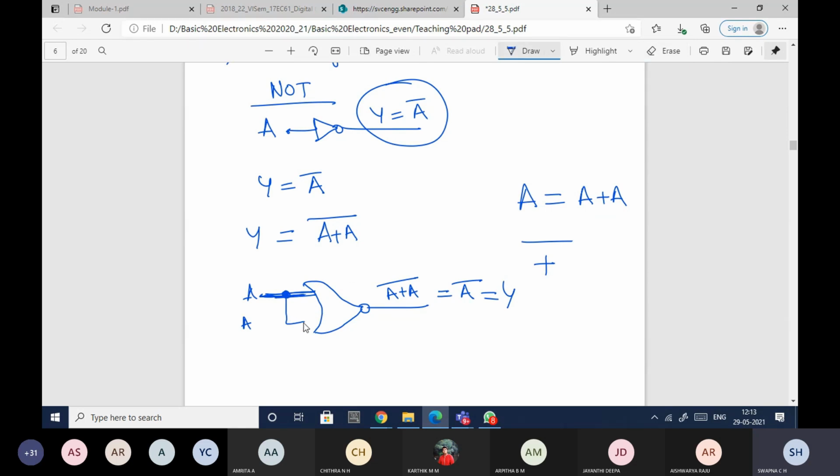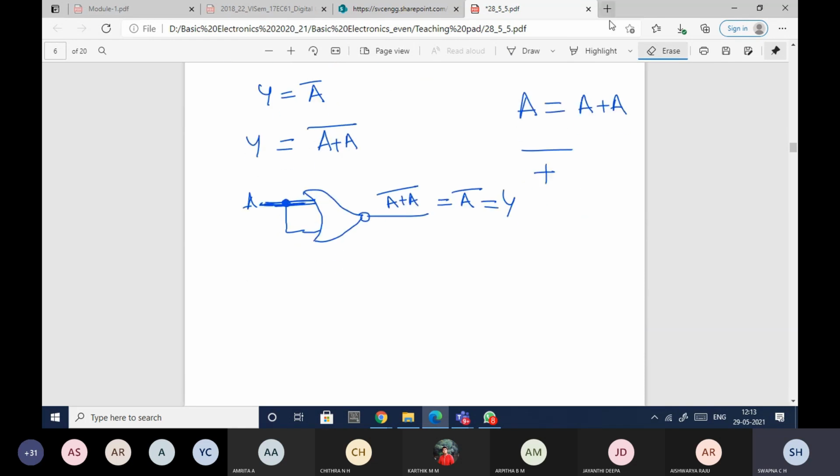No, ma'am. Anybody have any doubts here? You can ask me. Instead of taking A twice like this, the two inputs of the NOT gate are given to A only. Sometimes if I want A bar, and this is my A line, I'll just connect it in this way so that I'll get A bar. Or instead of connecting it in this way, I'll just tilt it like this.